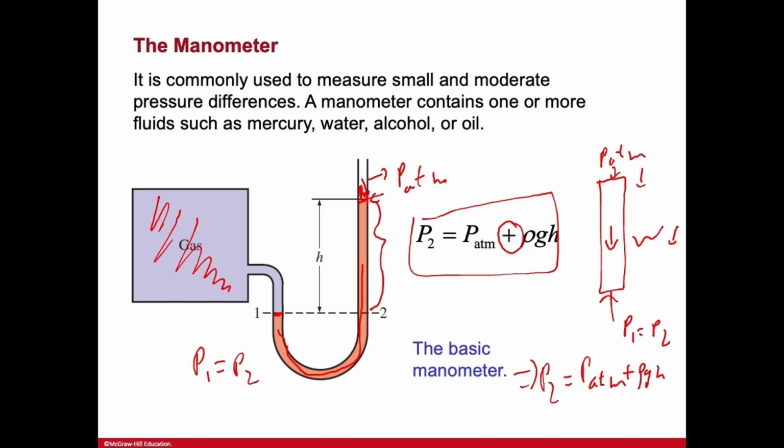Now if you know pressure P2, technically you know pressure P1, and since 1 is the interface or the boundary between gas and liquid,